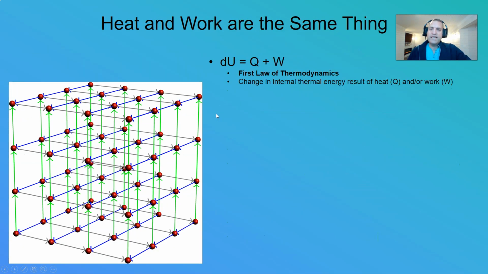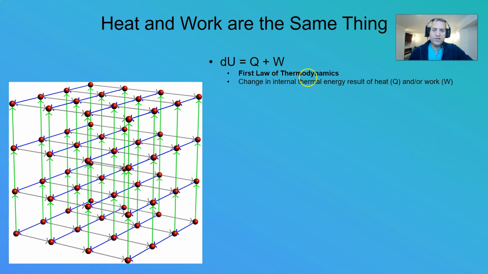Very nice. So heat and work are the same thing. This is important to know, actually. Heat and work are the same thing. That's the first law of thermodynamics equation, which we had previously. The change in internal thermal energy is equal to the heat gained plus the work gained. For heat and work to exist on the same side of an equation with no constants multiplying them, and they're simply directly added together, philosophically and mathematically, that tells you that heat and work must actually be the same thing. They just perhaps work at different scales. They have the same units, of course, of joules. And so heat and work are actually the same thing.